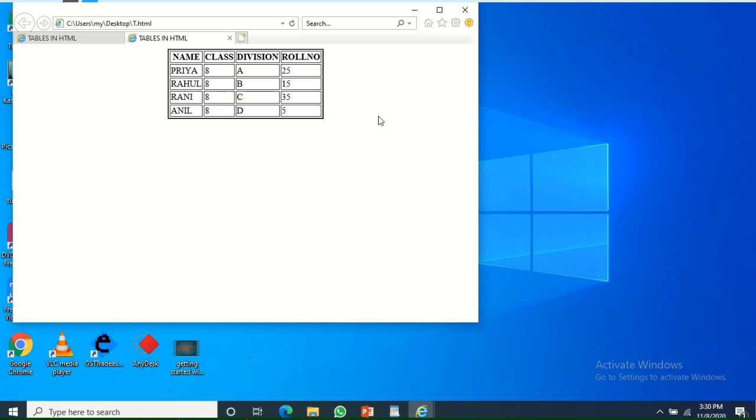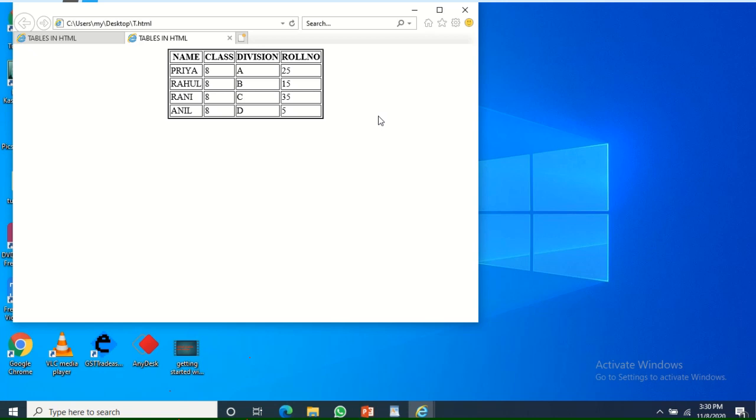So I'm just going for saving it. I want to save it in the desktop itself, because we can see it faster, right? And I'm giving here rich text, then only it will be working. I am giving t.html, then I could save it. Yeah, already I have saved one, so I am just giving exist.